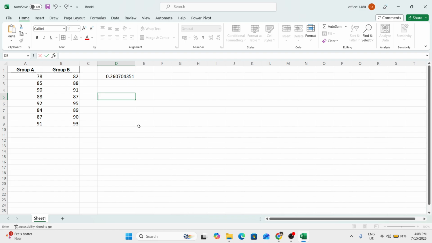Make sure each row lines up correctly so that your data is clean and easy to read. If your first row contains headers, your actual numbers should begin underneath those labels. Once your data is entered, click on an empty cell where you want the result to appear. This cell will display the p-value from the t-test, which helps you evaluate whether the difference between the two groups